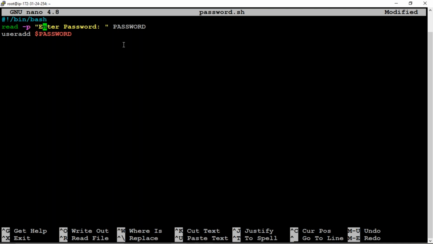Here we can assign -s also. -s is nothing but secure, so the password is more secure. That is why we assign -s with -p. It's a read prompt. Now try to execute this file.